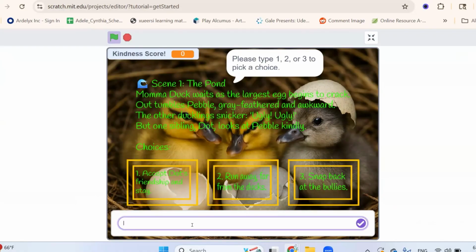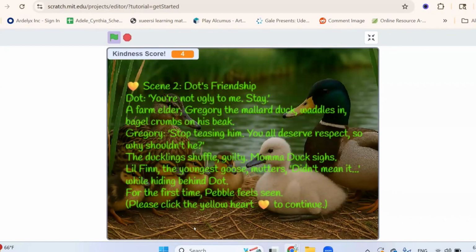For this demo, we'll choose option 1, accept Dot's friendship and stay. That gives us a kindness score of 4 and brings us to scene 2, Dot's friendship. An older mallard named Gregory steps in to scold the bullies and they are gone. From here, clicking the yellow heart on the screen means